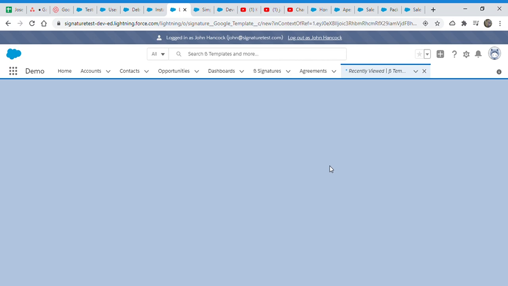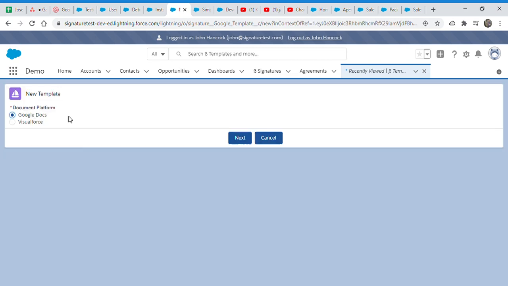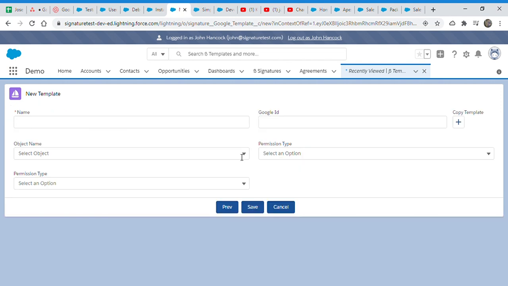Let's say you come here, go to Google template docs, try to create one from here, and next, and just go to your Google account, create a doc, and just put the Google doc ID here. Don't click here, just put the Google document ID here. In this case, we will not create another Google document in the account that is used to authorize, but we will just use this Google doc as a template. So that's the thing we can do. I think that makes sense.